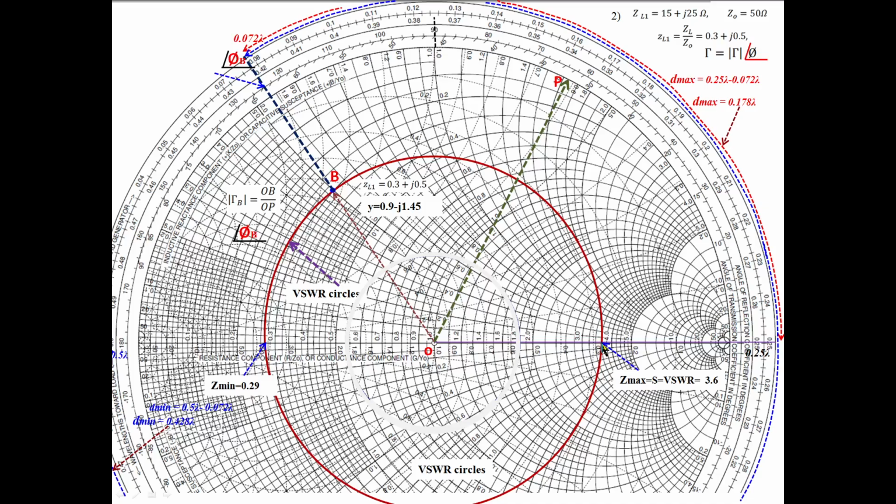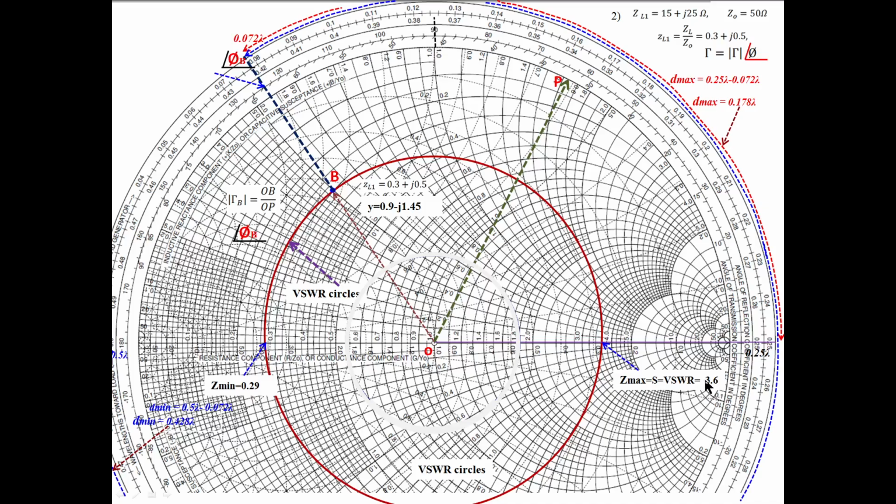Again at this position, this is 4. R value is 4 here. This is the R equal to 4 circle. This is 3.8, one more circle, and this is 3.6. So the R value is 3.6, but the X value is again 0. So our Z maximum is 3.6. That itself is equal to the VSWR, 3.6. So we can easily find the VSWR value and the maximum value of impedance.